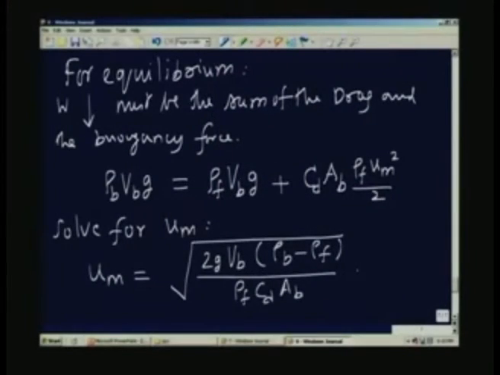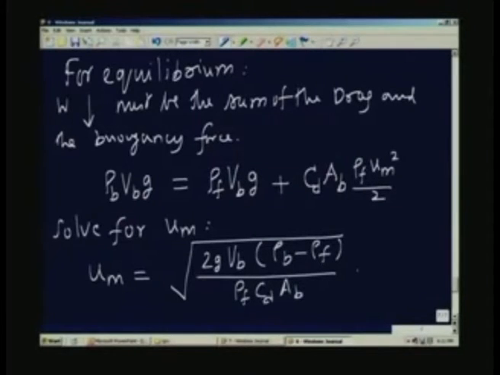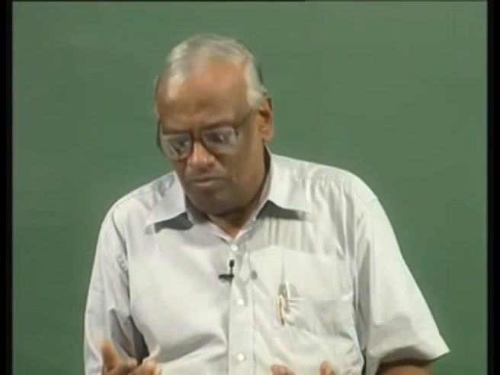So normally what is done is that the CD is dependent on the shape of the bob and so on. So normally the design of the bob is such that the CD is more or less constant for the range of operation of the particular rotometer. Secondly, the density of the bob and the density of the fluid both are going to come into the picture. So the density of the bob does not change when you use the rotometer for measuring the flow rate of one fluid and another fluid. So rho F is going to change. That means that the calibration is dependent on the fluid which is being used.